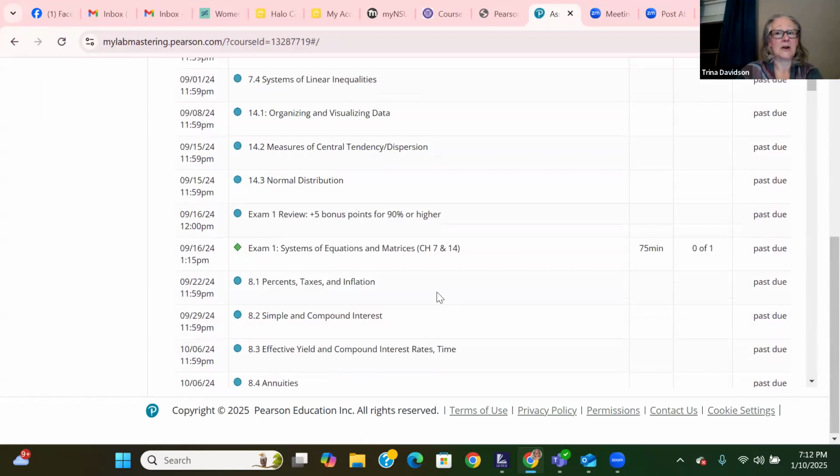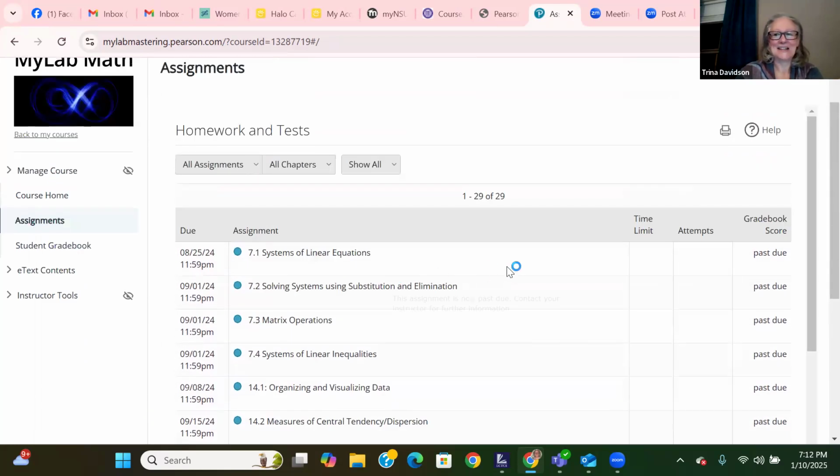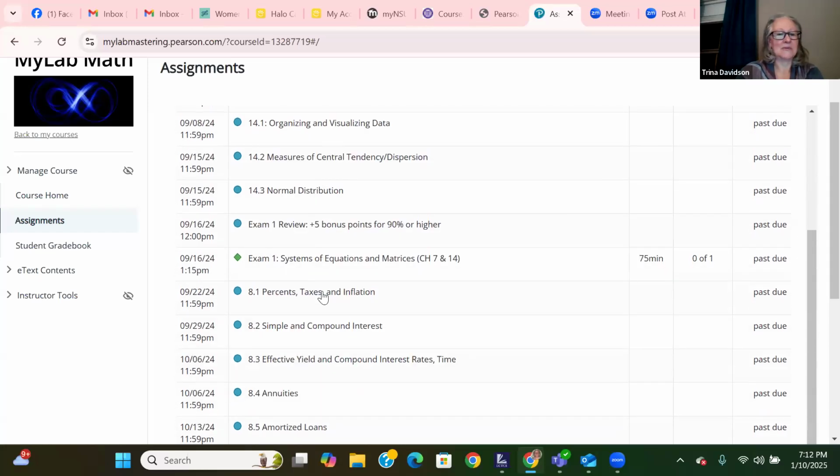Oh, I haven't changed the dates in here yet. Guess what I'll be doing this weekend? I'll be changing the dates. So I don't have the dates changed in here yet. I'll get those changed to match what it is on the sheet. So everything's in order that we're going to do it.